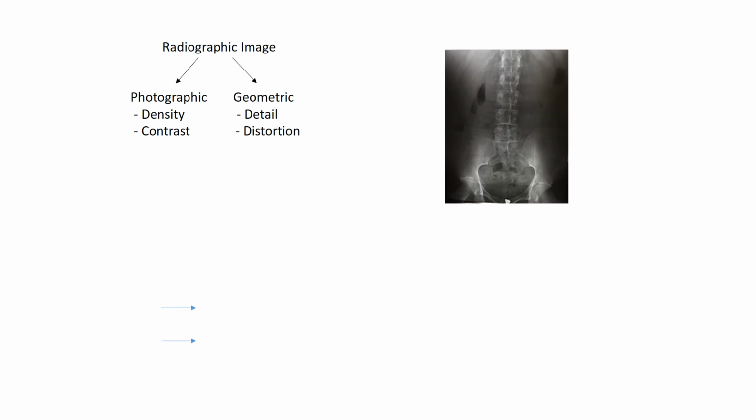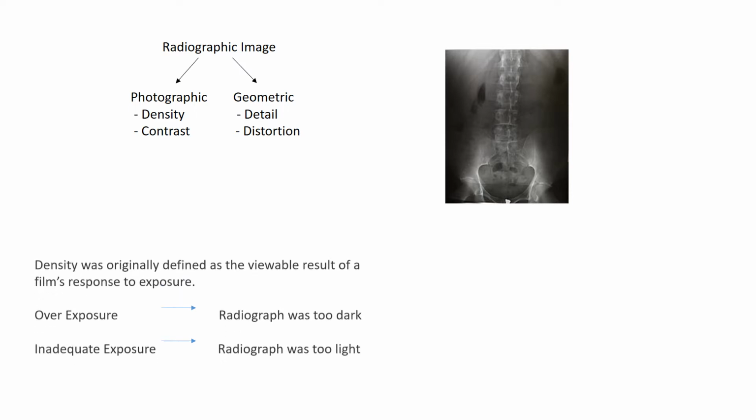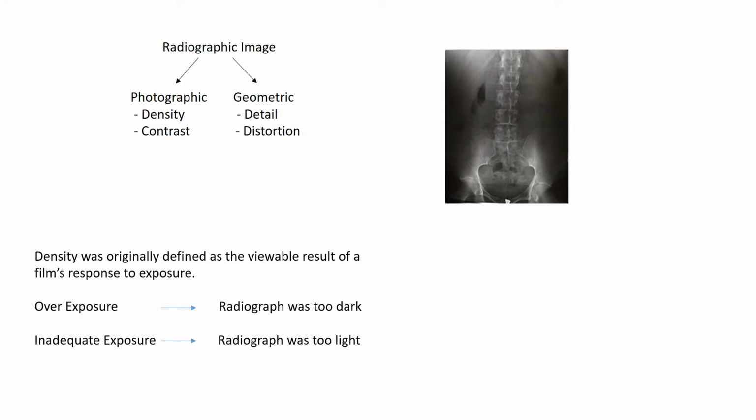So remember, when we talk about density or contrast or detail or distortion, we're really talking about those elements that form the radiographic image. Density and contrast are referred to as the photographic properties, whereas detail and distortion are referred to as the geometric properties. So when we talk about density, and that's what we're talking about in this session,